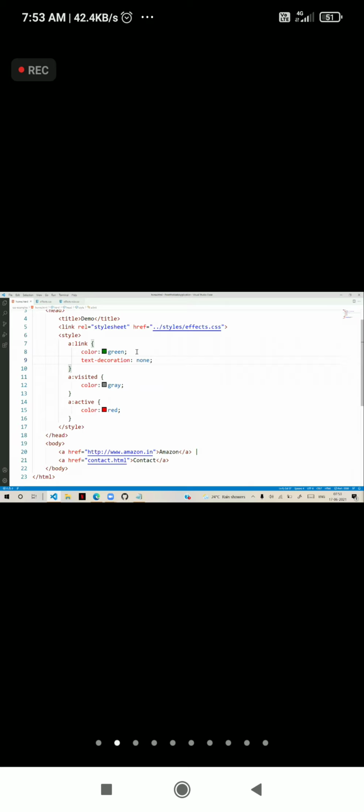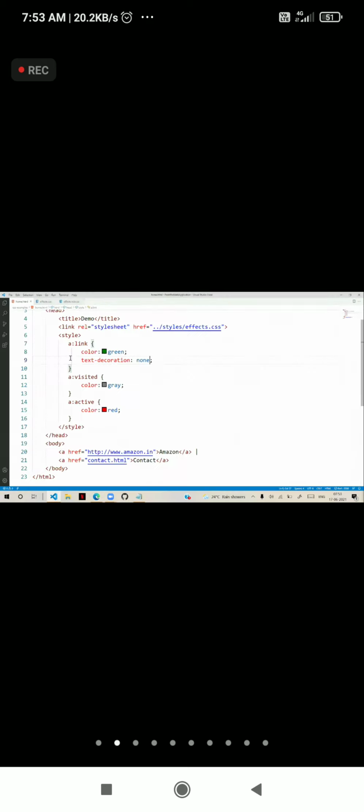Then it will remove the underline for ordinary links. We can add several effects, borders, shades, backgrounds, anything. So link, visited, active, these three are pseudo classes.